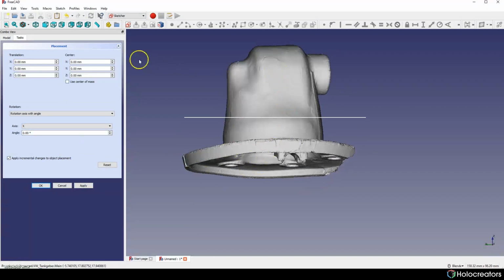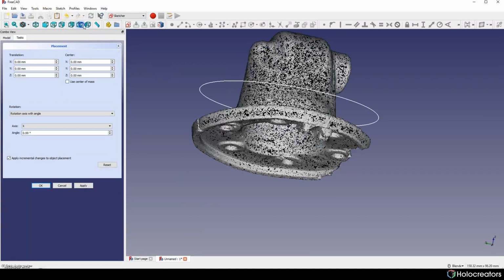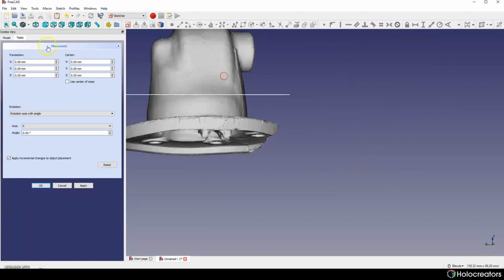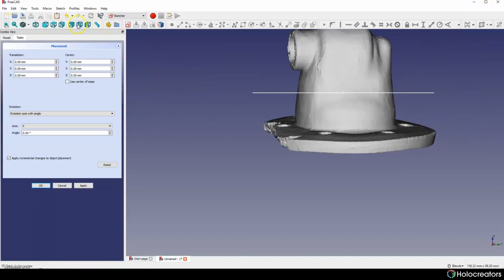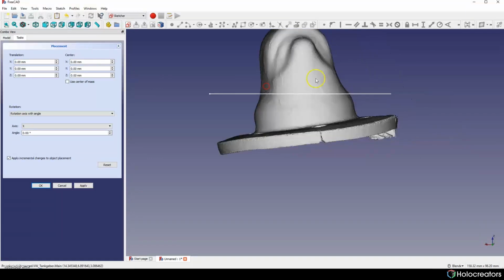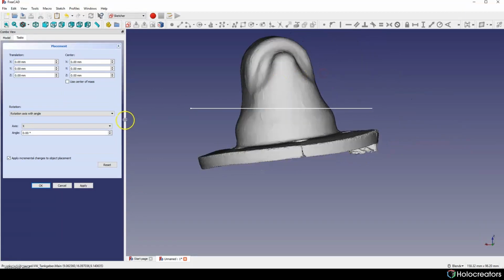Now we go to another projection, and we will rotate this model by the y-axis.